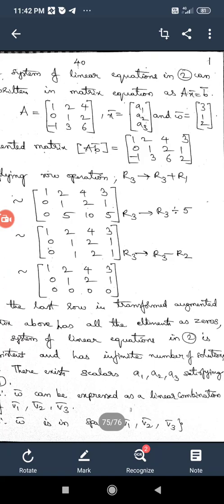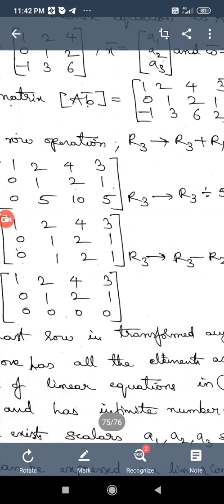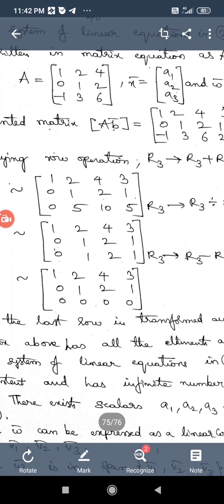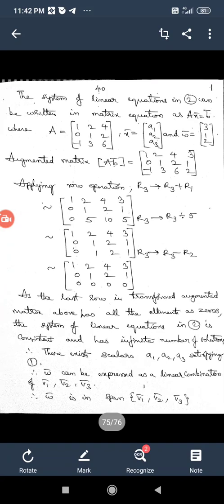Next we can see that the second and third rows are one and the same, so let us try to subtract R3 from R2. Then we get 1 2 4 3 as the first row, and 0, 1, 2, 1 as the second row, with all zeros as entries in the third row. So let us treat this as the